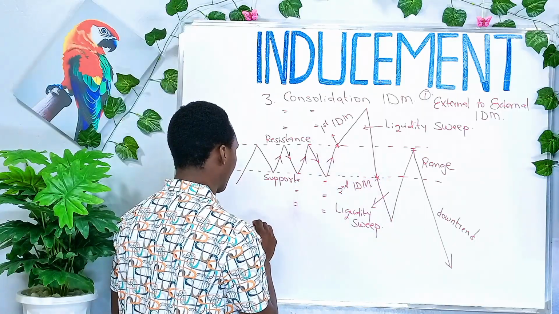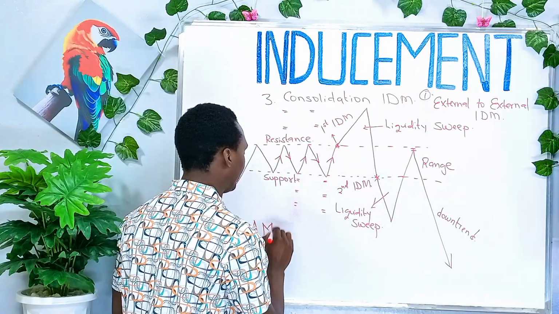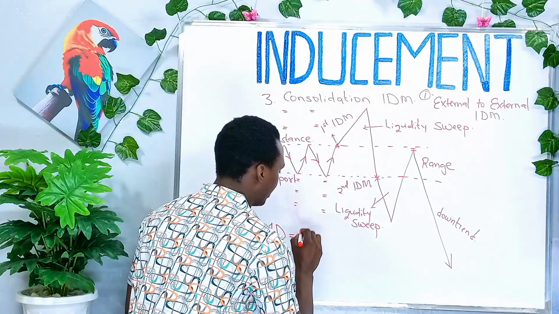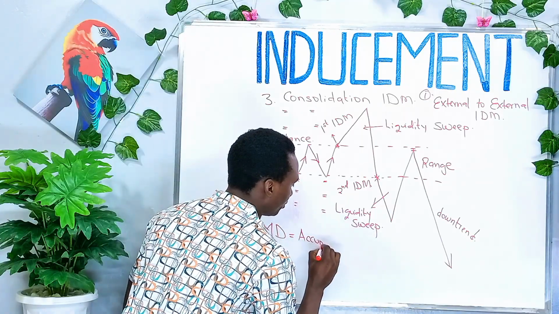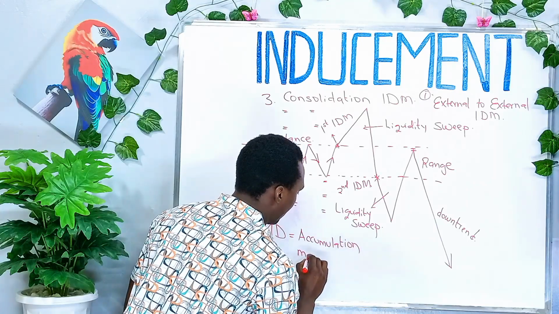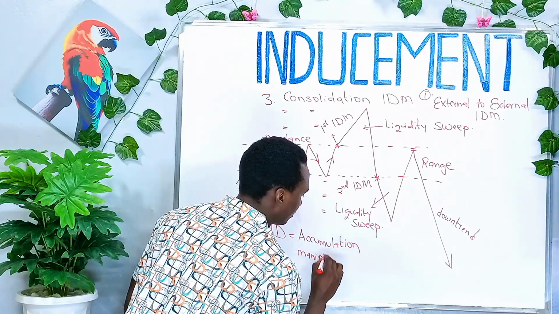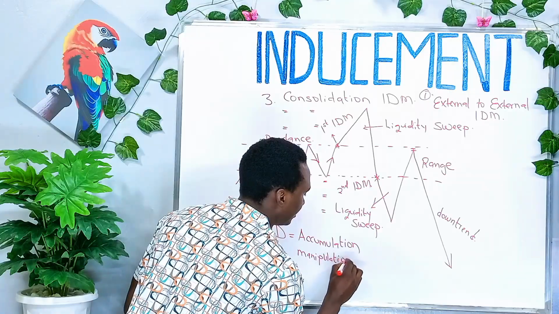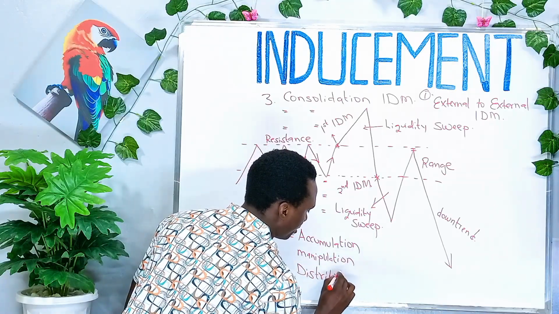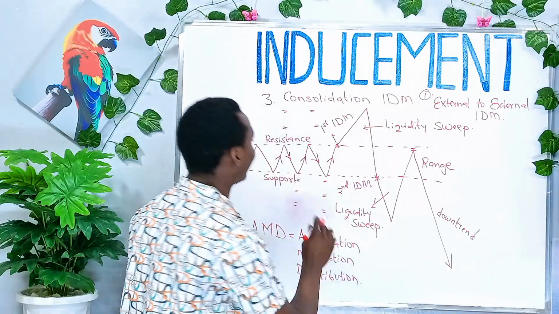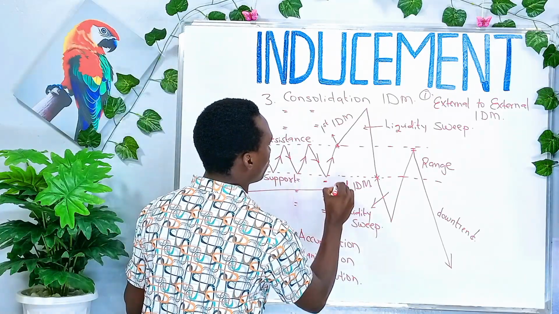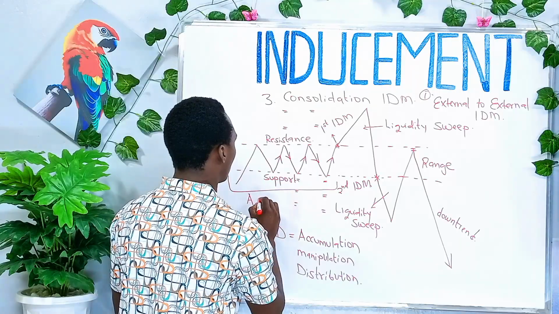Three meaning the AMD. Remember the AMD? We said that the AMD is accumulation, manipulation, and distribution. Okay, distribution. So in our case here, from this level up to this level, this is what we call